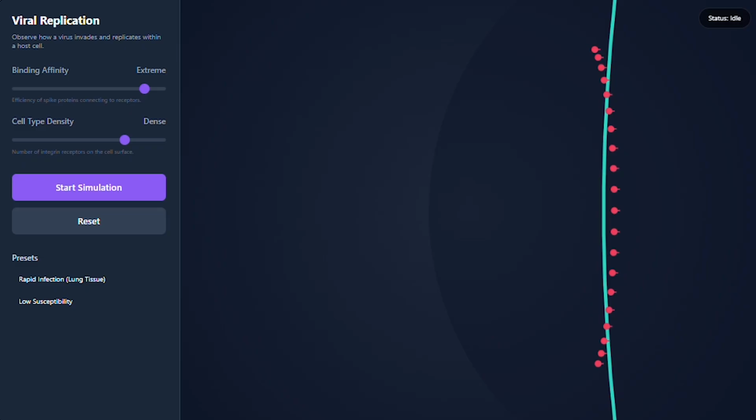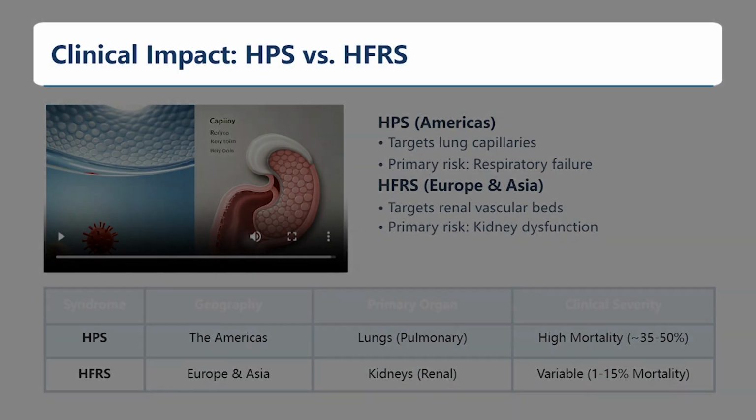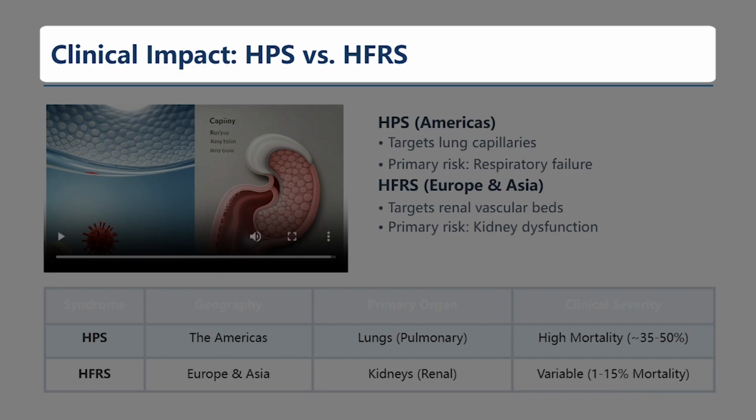Notice how reducing these variables makes it significantly harder for the virus to successfully bind, illustrating how some cells are less susceptible to infection. Now that we understand the infection mechanism we just covered, let's examine the actual clinical impact